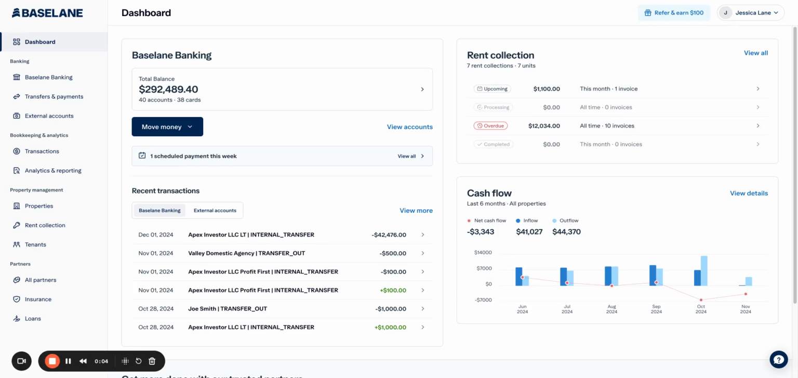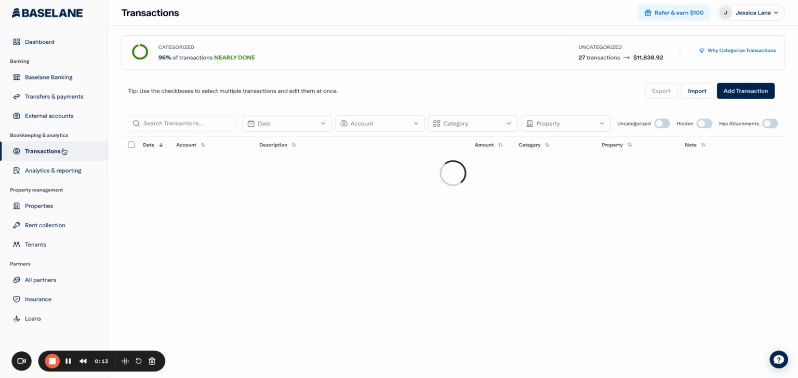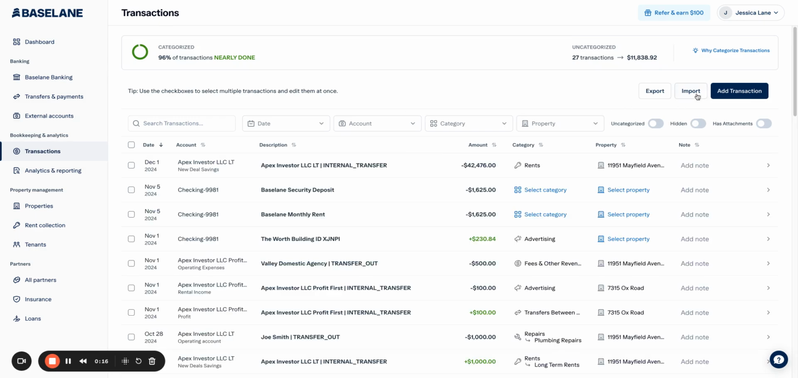Today, I'm excited to show you how to import transactions into Baselane through a CSV file. So let's get started. Once you've logged into Baselane, just head over to your transactions page and now simply click